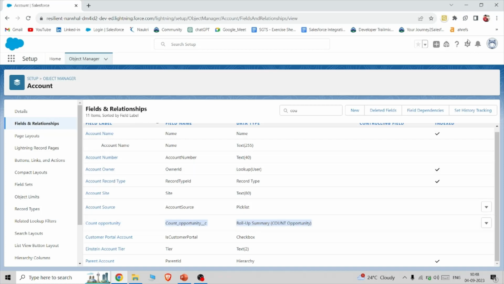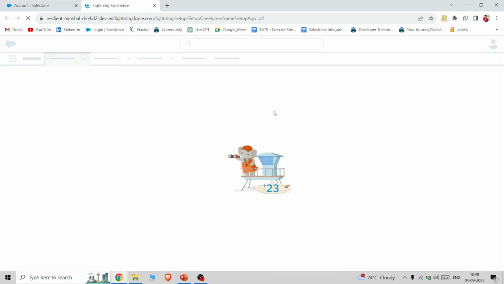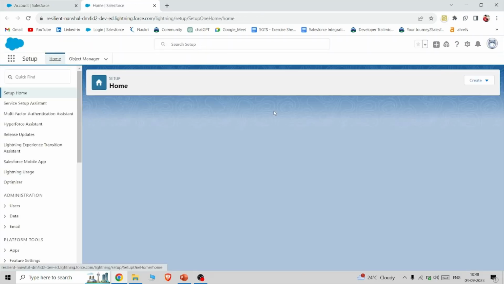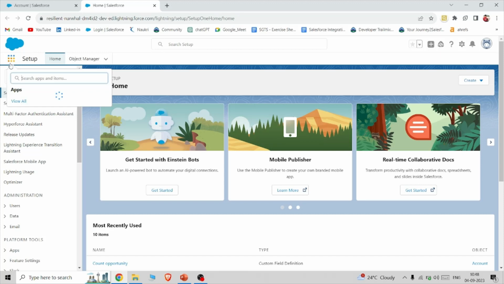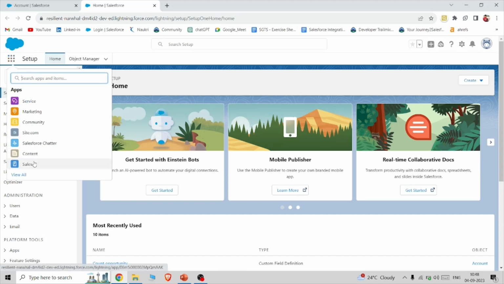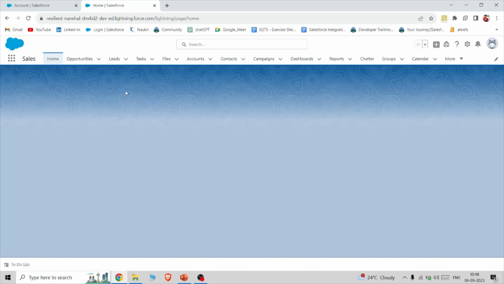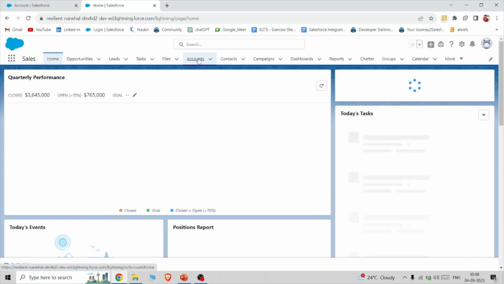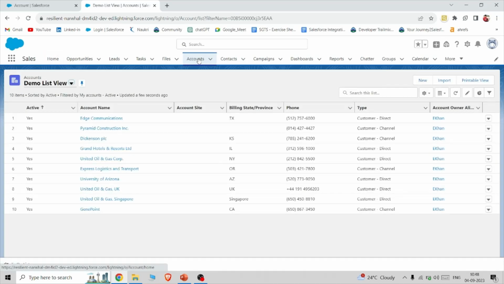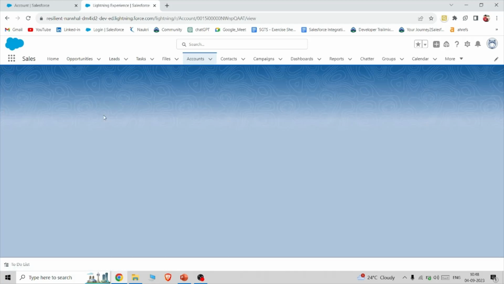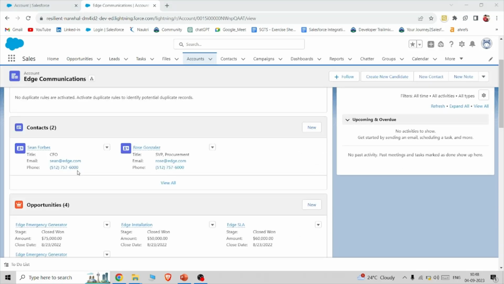Let me just verify for you whether our functionality is working fine or not. Just go to the UI, click on sales, go to the account object